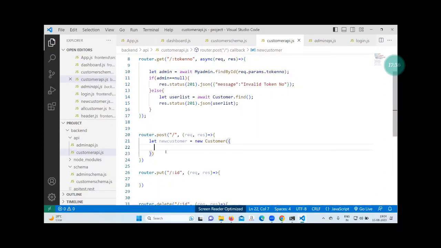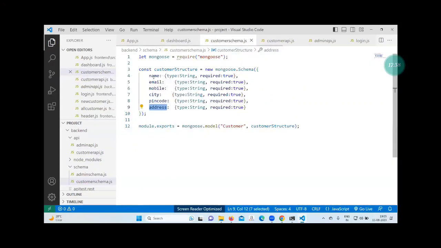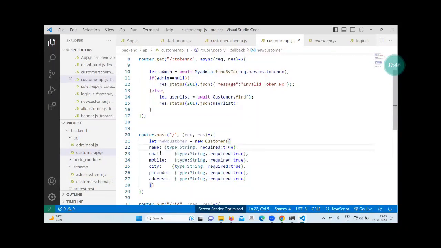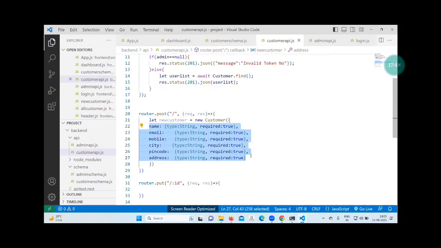What are the variables we have? We have name, email, mobile, city, pin code. So many we have. You can copy this line and paste here. Everything we copy and paste here. Okay, and then we can change the right side values. This will come from here.